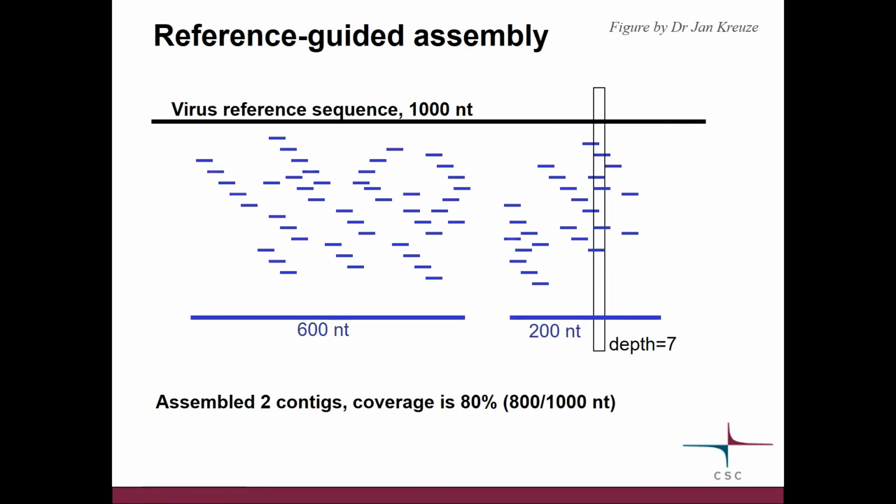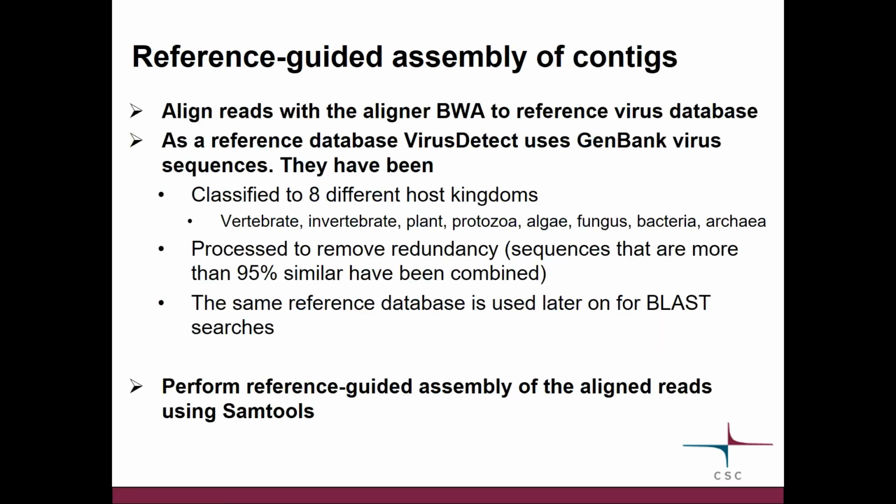Now, how this is done in practice is that those reads are aligned to the virus reference database using an aligner called BWA, which is quite a well-known aligner in next generation sequencing analysis. And as a reference virus database, the VirusDetect pipeline uses GenBank virus sequences, which have been sort of